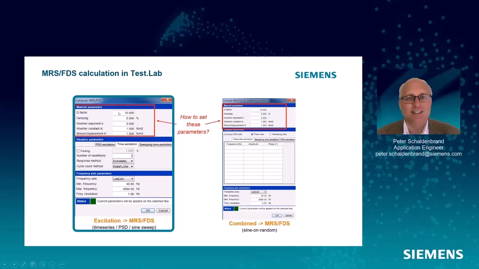So what are we going to need? We're going to need a Q factor. We're going to need a Wöhler exponent. This we'll talk about briefly, but it's totally optional. Then we need to know the min and max frequency and the frequency resolution. These are the frequencies of our spring mass damper system. We can do that either log or linear. We select the excitation, time or PSD. If it's time, we need the number of repeats. And if it's PSD, we need how long it has to survive in that environment. If it's swept sine, we'd also need the number of replays.